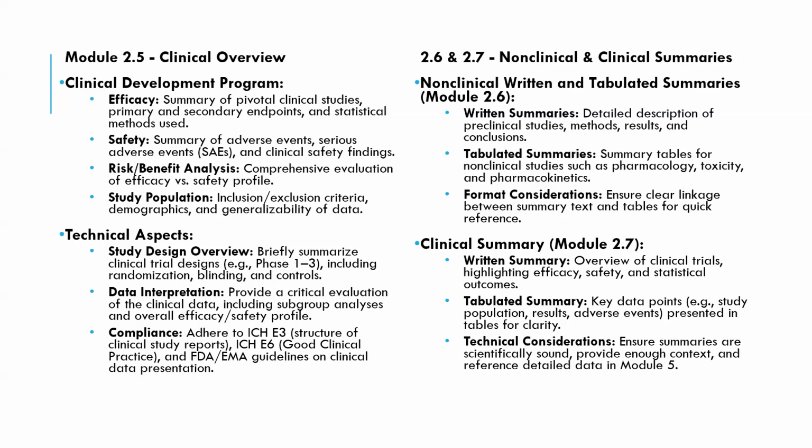In safety, we will summarize all the serious adverse events and clinical safety findings. We will submit risk benefit analysis, which will talk about evaluation of efficacy versus safety profile, a comprehensive evaluation, not a detailed one,